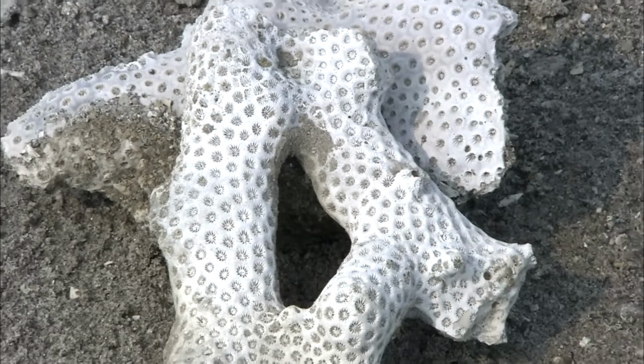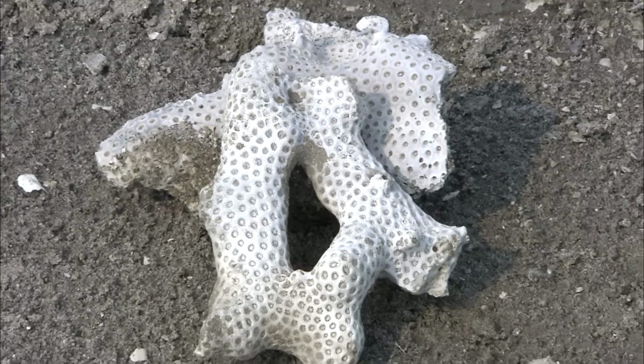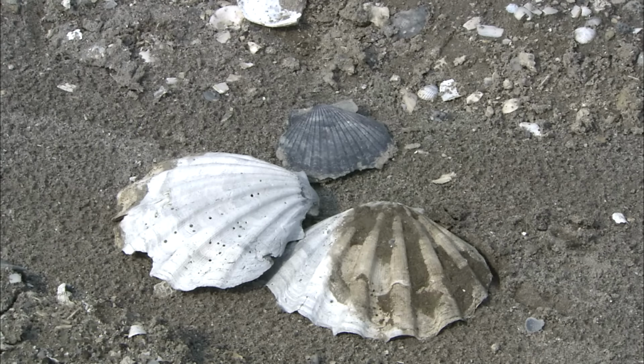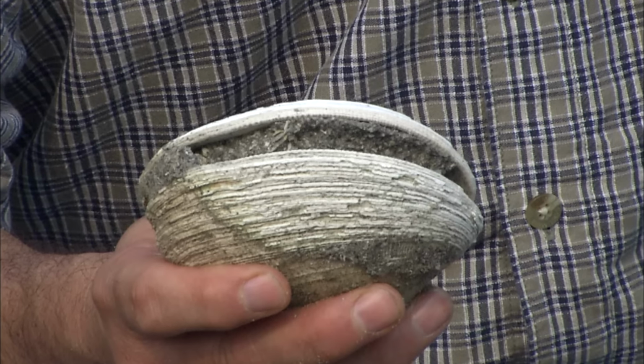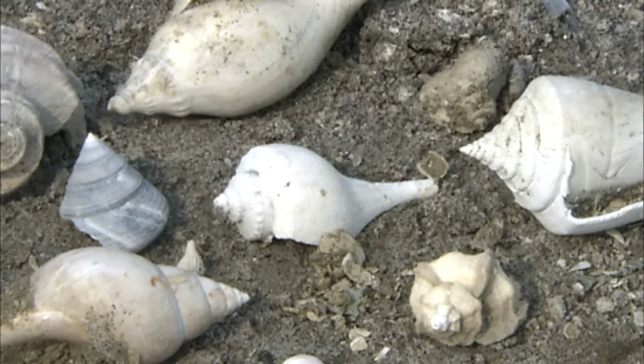most people think of invertebrates as clams and snails and oysters, but there are numerous others, including corals, barnacles, scallops, and many more that are of interest to paleontologists. The diversity of invertebrate organisms here is caused by a good food source due to upwelling of currents. In the currents will be lots of tiny microorganisms that filter feeders such as clams can feed on. And then once you have the clams here, you get the predators coming in, such as whelks feeding on